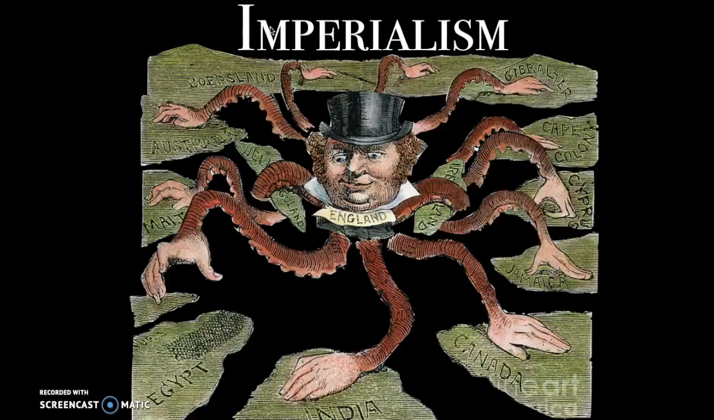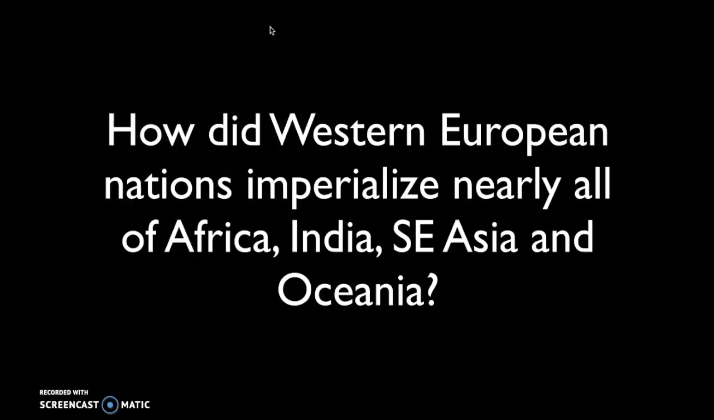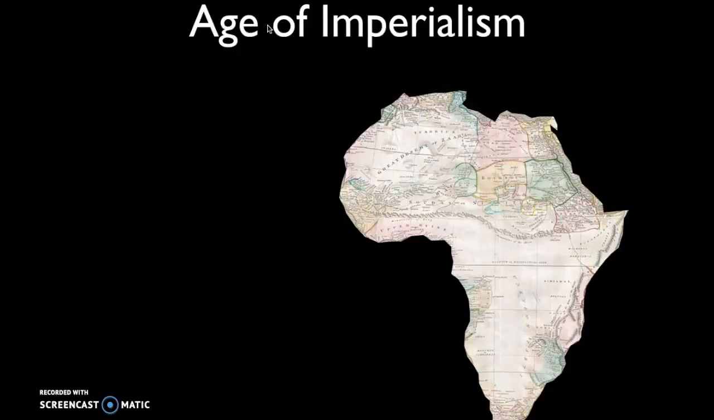lasting legacies of imperialism. So how did Western European nations imperialize nearly all of Africa, India, Southeast Asia, and Oceania? We'll take these regions one at a time, starting with Africa. You'll recall from period 4, when European nations, starting with Portugal, first started to engage with various kingdoms and societies along the coast of Africa. But by 1875, really the Europeans hadn't made very many inroads into the interior of Africa. Part of the reason